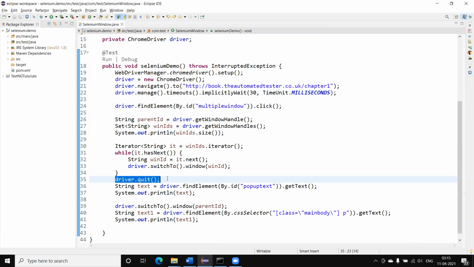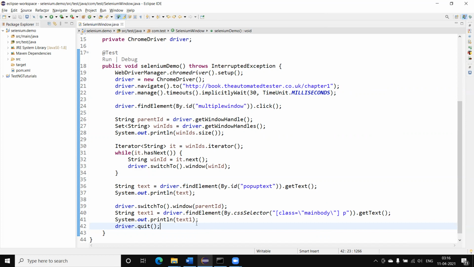That's why we always use driver.quit at the end, when our execution is complete and we want to destroy the session. It will automatically close all the browsers opened by the current session, and the session will also be destroyed. But if we use driver.close, it will close only the current window.